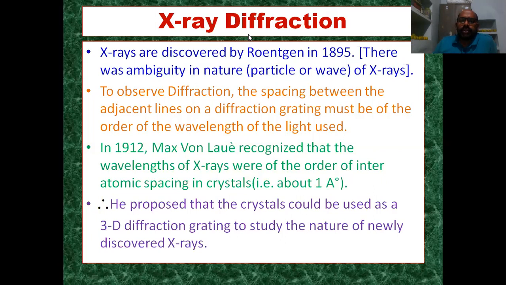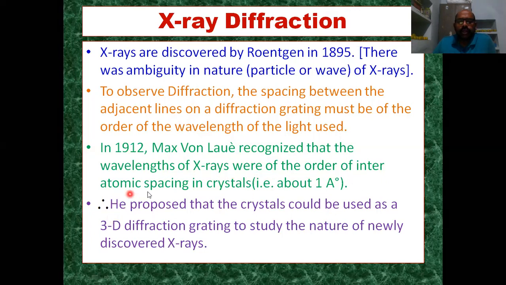So to resolve that ambiguity, in 1912, Max von Laue recognized that the wavelength of X-rays was of the order of interatomic spacing in crystals. Okay, the interatomic spacing generally is in the order of 1 angstrom. Similarly, the wavelength of X-rays is also in the order of 1 angstrom, so that